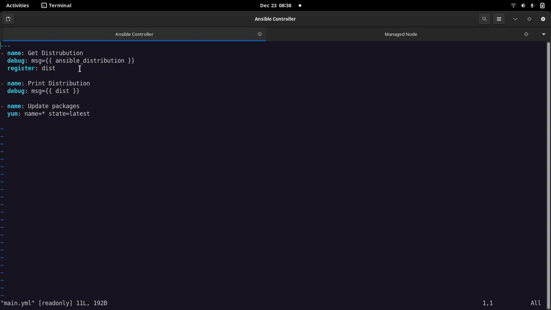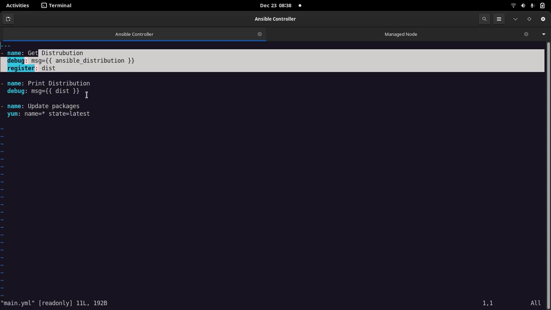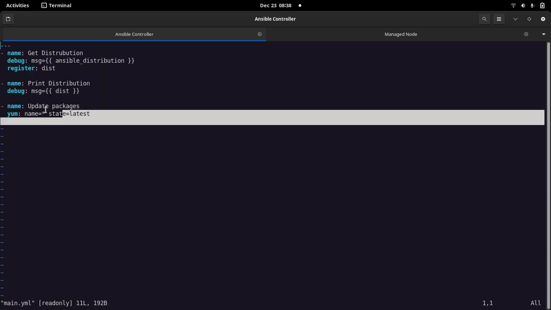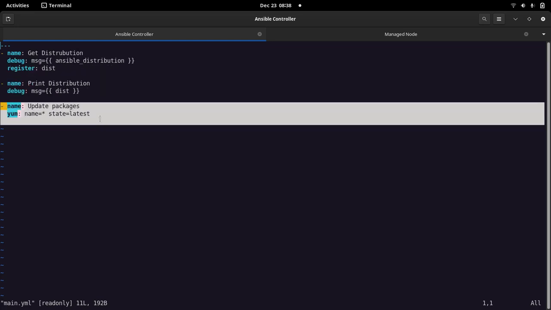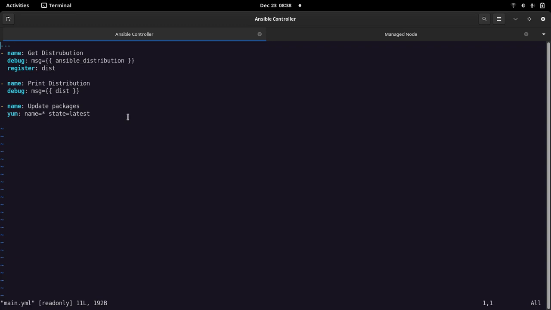For this purpose, I am using an RPM based operating system, Fedora, which is an RPM based distribution. So here I'm getting the distribution which I'm utilizing using this task, and then I'm just printing it, and then I'm updating the packages on that server. So this is a very basic role.